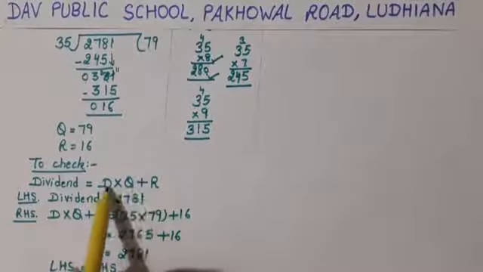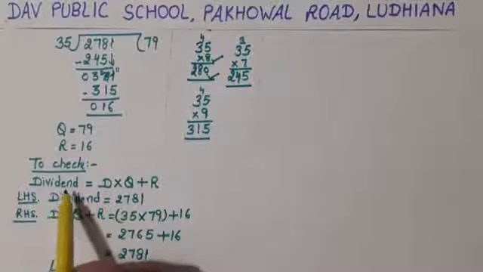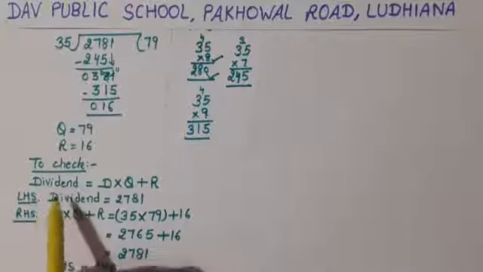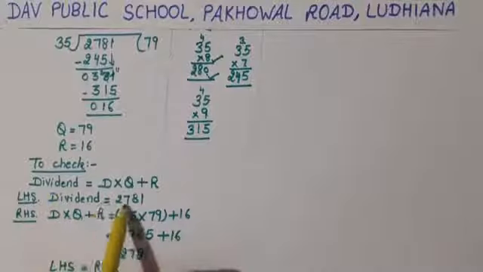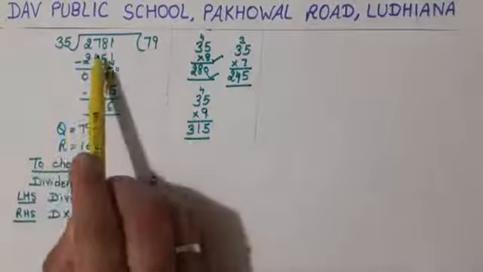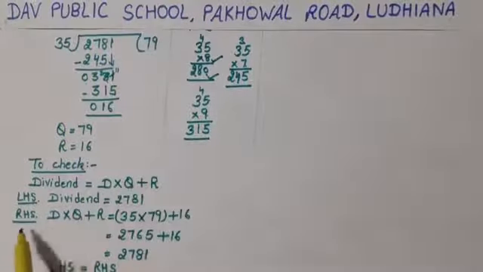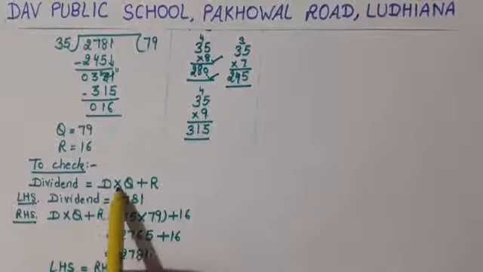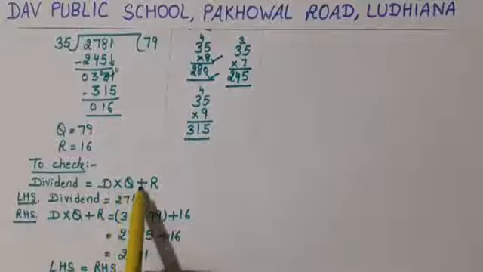Here D is for divisor, right? So first of all we will take LHS, left hand side. Left hand side is dividend. What is the dividend? 2781, right? Now we take right hand side, RHS. What is right hand side here? D multiplied by Q plus R,